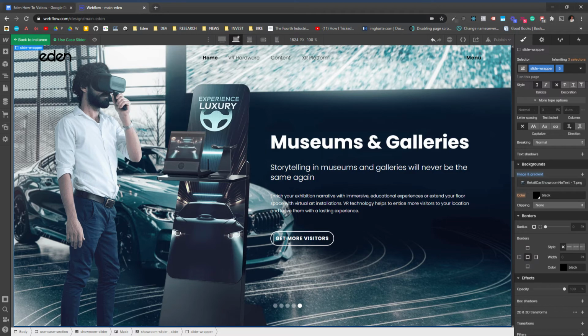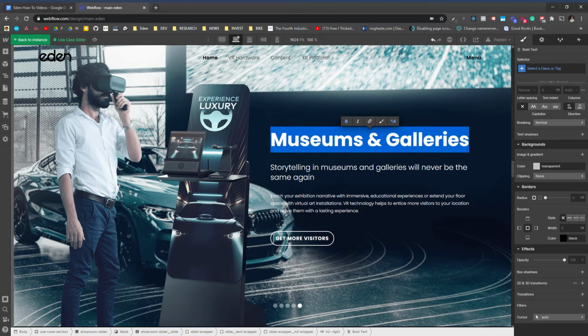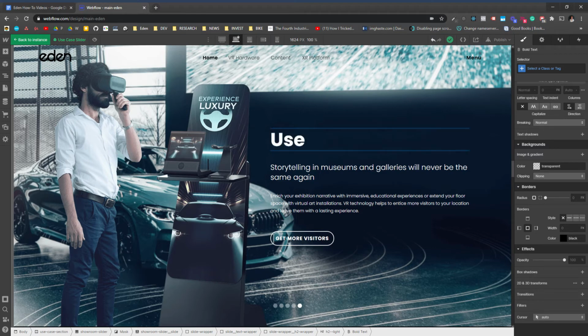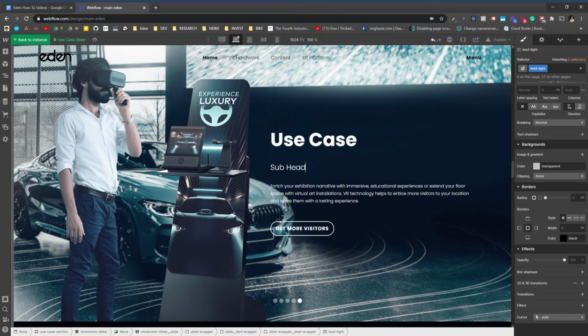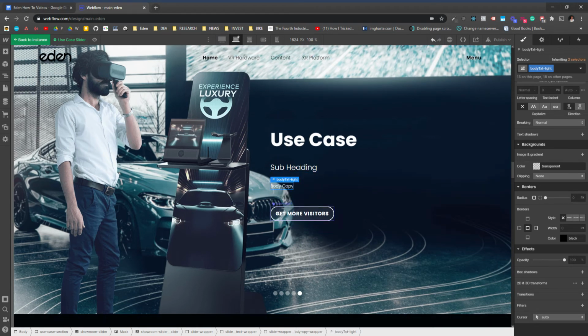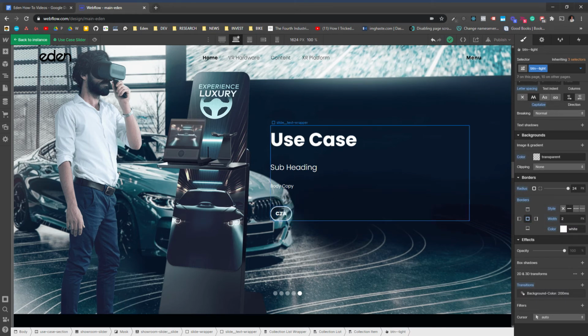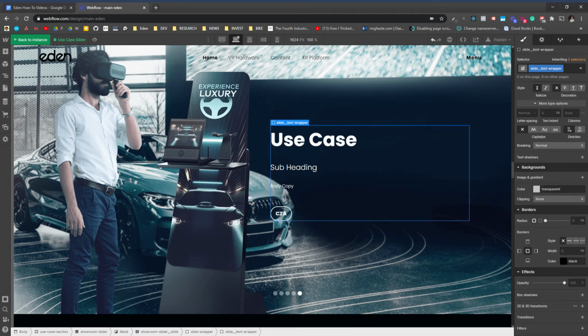We've changed it, and the next step is to now change the content within the slide. So I'm just going to come over here and double click to enter the element, and then double click again to highlight all the text. So I'm going to use dummy content just to demonstrate for this demo. Okay, and this is the CTA, meaning that it's going to link to the actual use case template. So now that we've changed all the text,